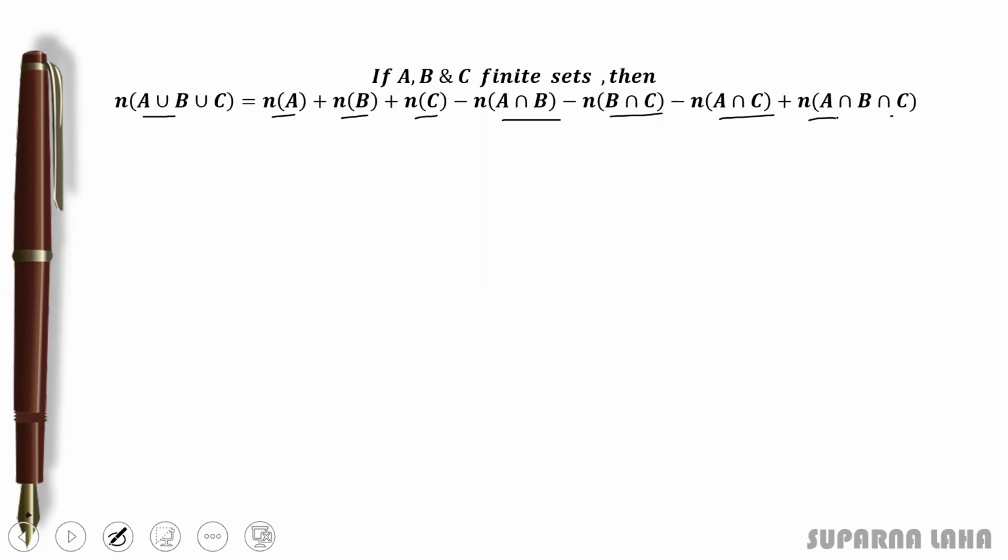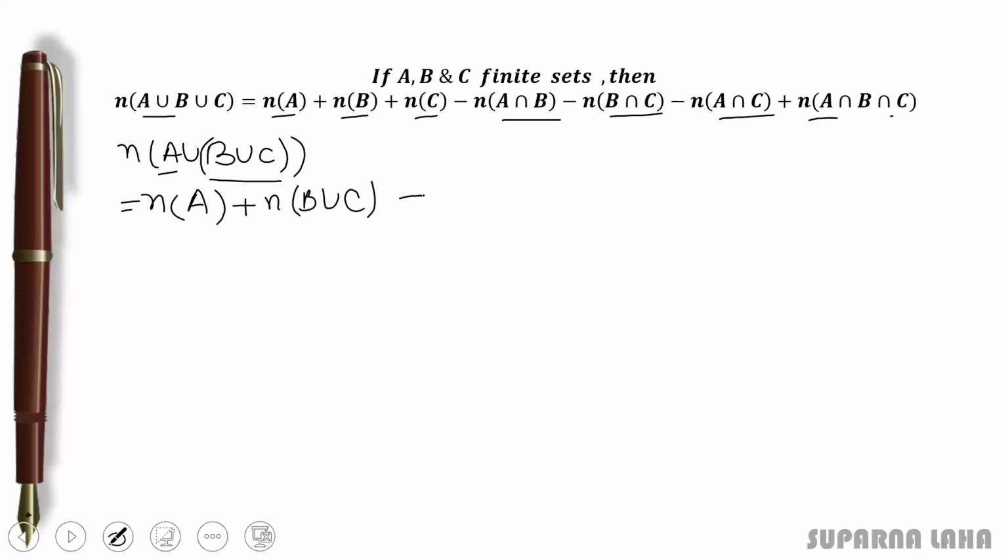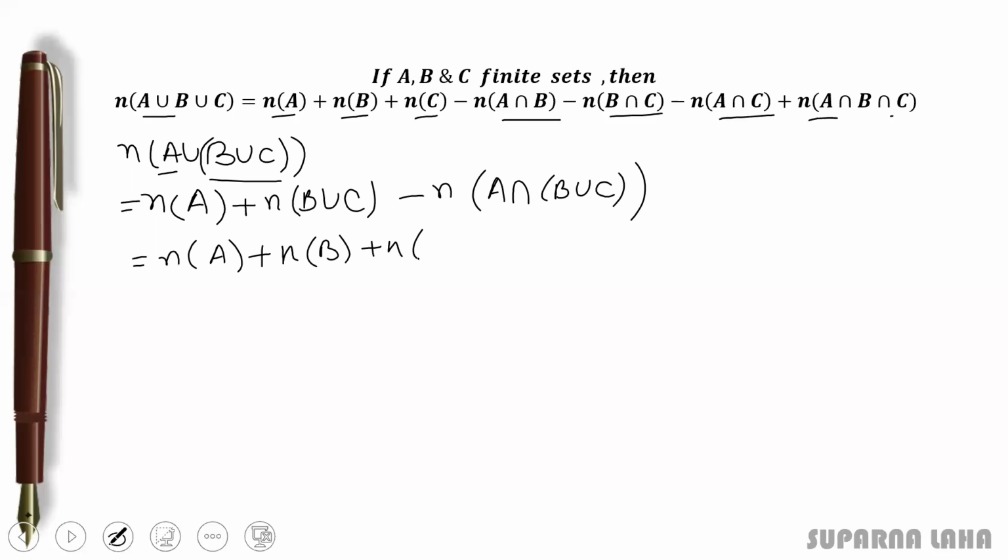Okay, now let's prove it. The number of elements in A union B union C. If I take B union C as one part and A as another part, then we can apply the formula for the number of elements in A union B. So this is given by the number of elements in A plus the number of elements in the set B union C, minus the number of elements in A intersection B union C. So the number of elements in A plus B plus C, breaking up the union, minus the number of elements in B intersection C. And for this part you can write minus the number of elements, applying the distributive law, in A intersection B